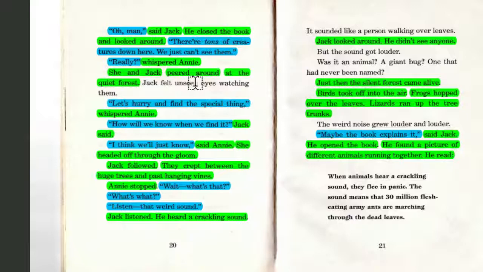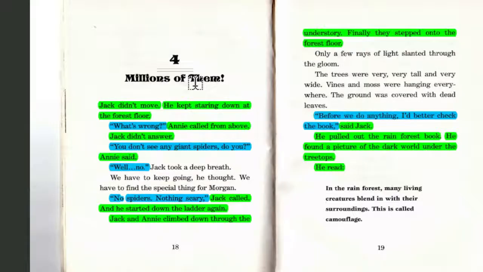Okay, but for the most part, I mean, look at it. A majority, 80–90% of it is action and dialogue. If you look at the other page, it's kind of the same way. I mean, the majority of any story is going to be action and dialogue.